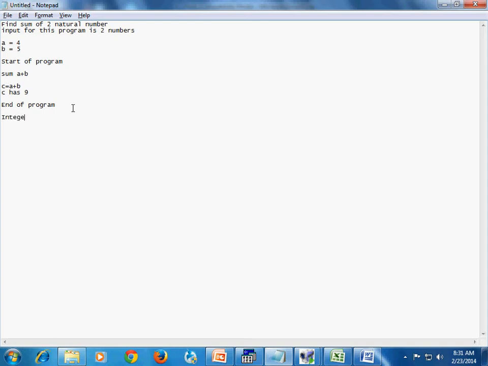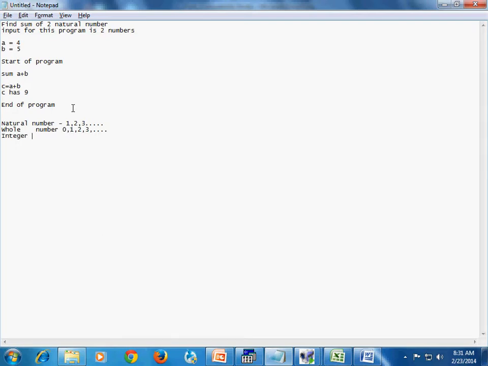So what is an integer? Before that, we will see what are natural numbers. Natural numbers are numbers which start from 1, 2, 3 and so on, all the positive numbers. And whole numbers, we will have all the natural numbers, and also we will have 0 included in it.